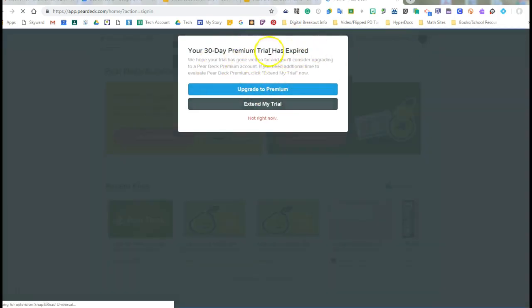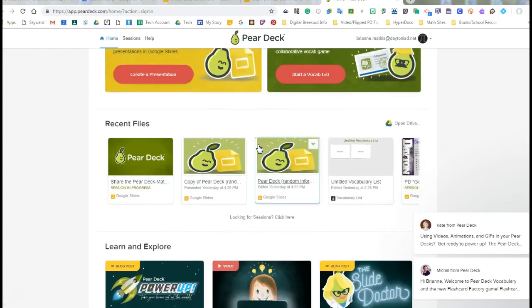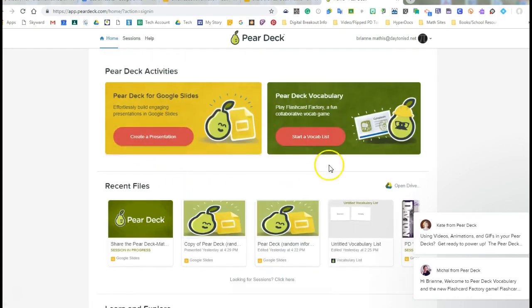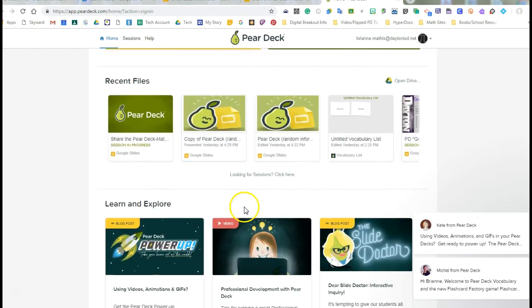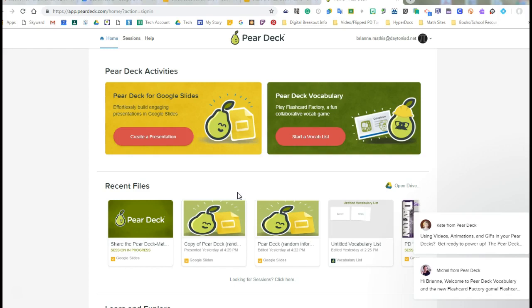Again, it wants us to buy something, which I'm not going to purchase, so I'm going to say not right now. And it's still going to let me use Pear Deck. So from here, I have Pear Deck, and I can see any of my sessions that I've done. I can see some other tools for me. Okay, but again, I have an account. I'm logged in as me, so I can see all of my sessions. All right,